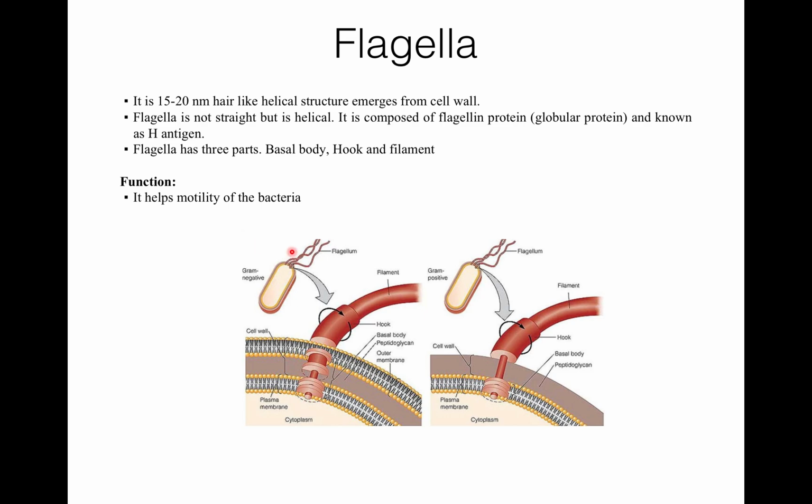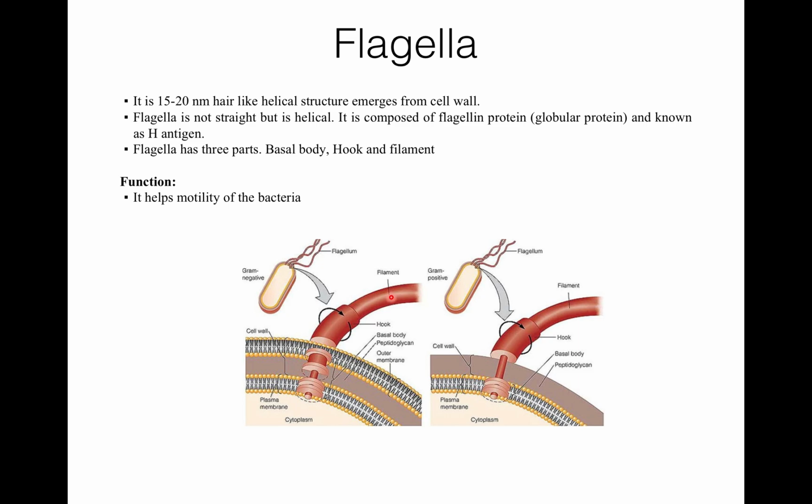There is a difference between flagella of gram positive and gram negative bacteria. So, first of all, filament. Filament is the longest and vibratile part of the bacteria. It is a hollow, rigid and cylindrical structure. Its diameter is about 20 nanometer and its length is about 1 to 70 nanometer. The filament is composed of flagellin protein. Protein molecules are spirally arranged in filament. The filament has 9 plus 0 arrangement of microtubule.